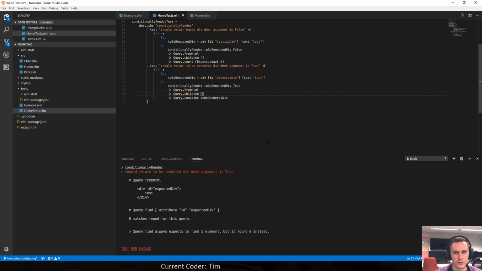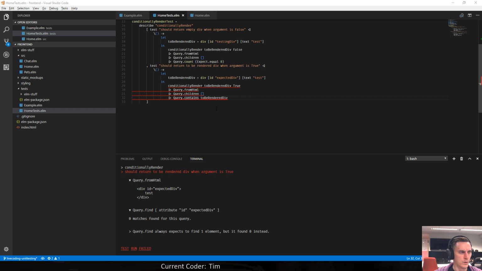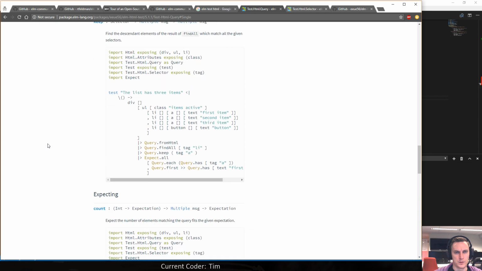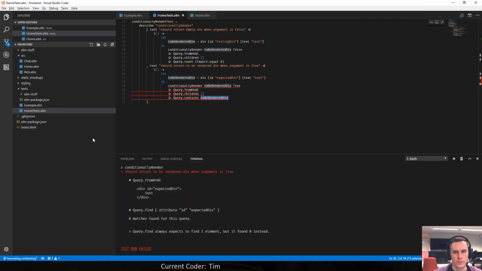Oh, there's just white space. Where's that contains thing again? Contains. This thing in a wrapper.